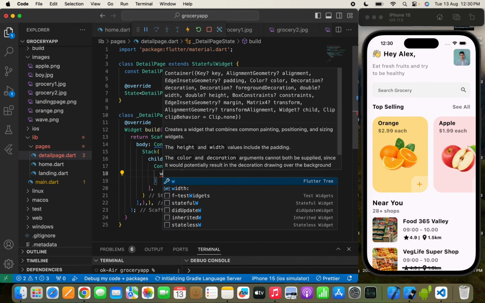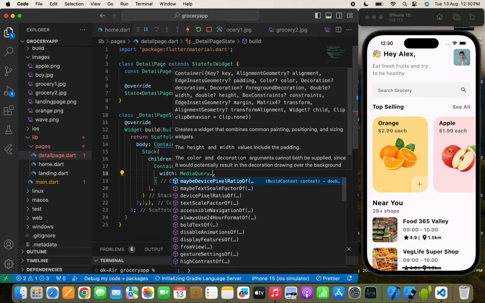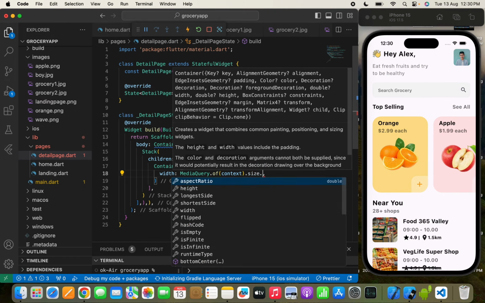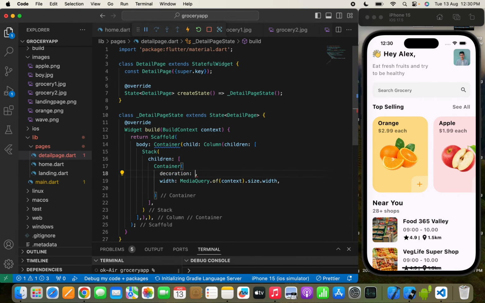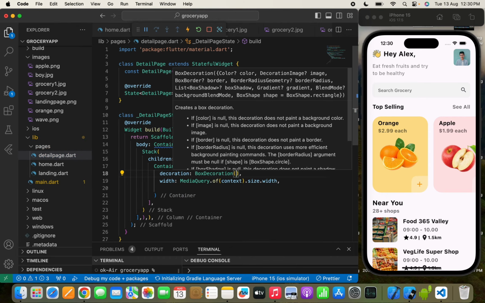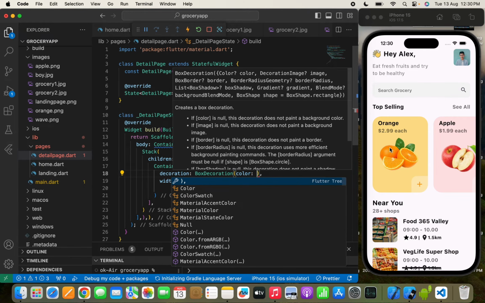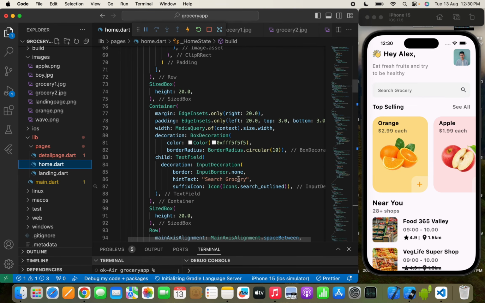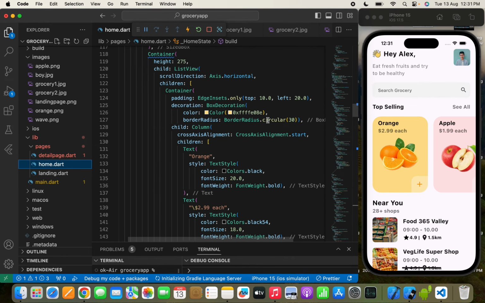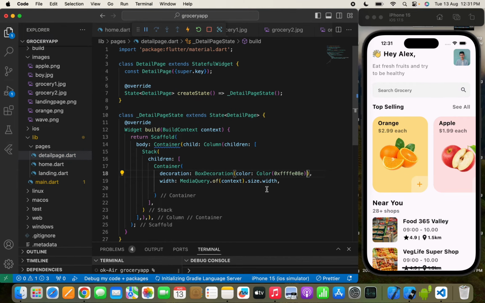Now in the container I'll pass a width, which will be MediaQuery.of(context).size.width. Now, after this, I need to pass a decoration, which will be a BoxDecoration. Now, color, in the color, we are going to use this color. So, I'll move to the home page again and we'll find where that color is. So, here it is, this color we are going to use. We'll paste it over here. Now, after this, I need to pass a child and text,